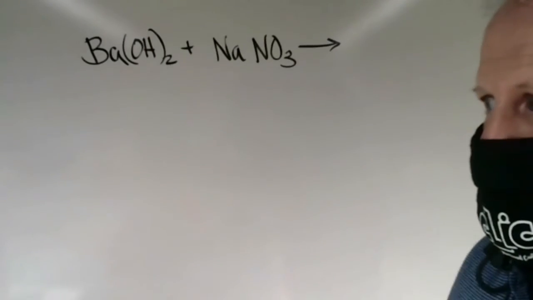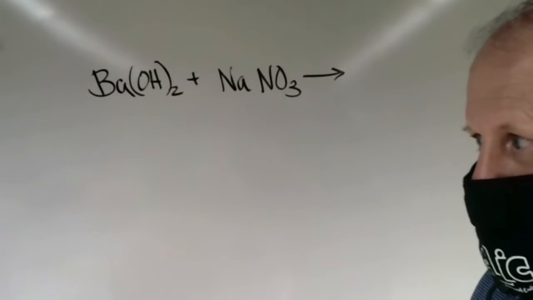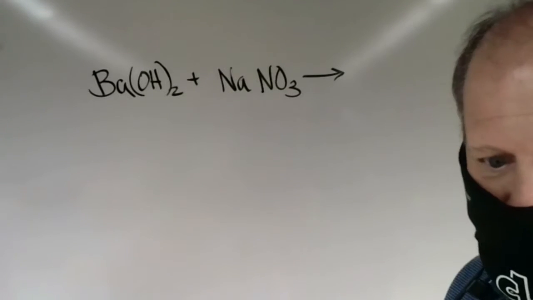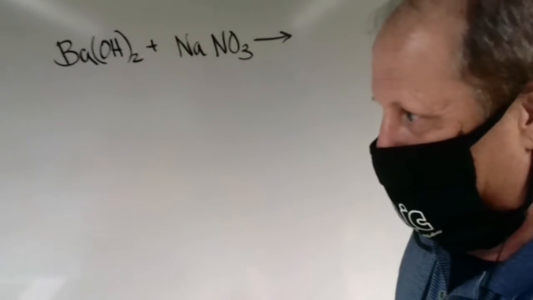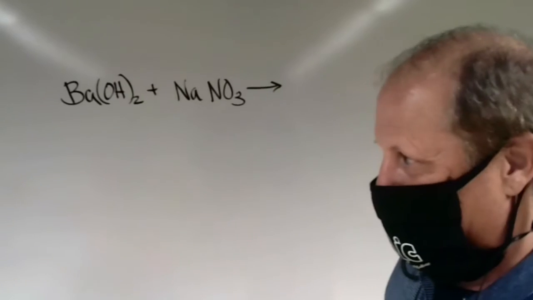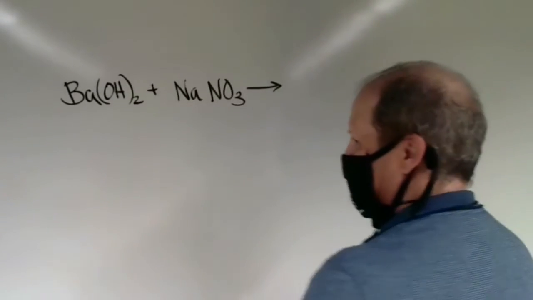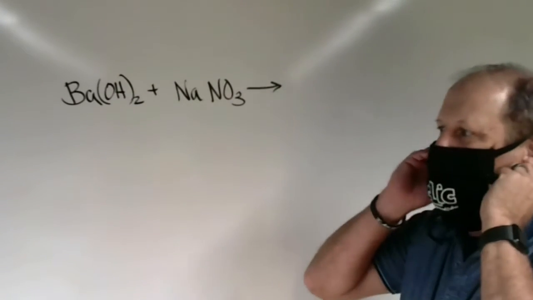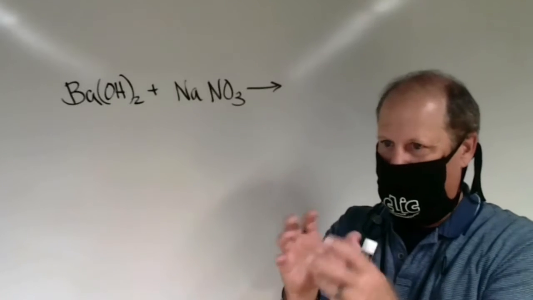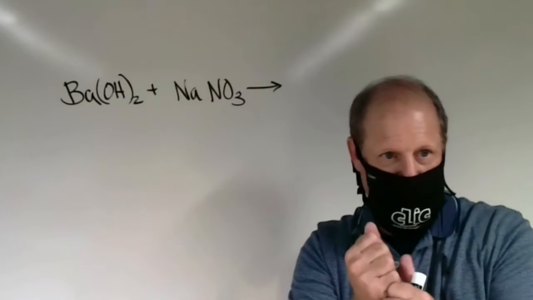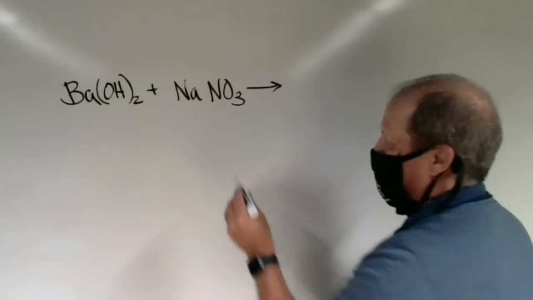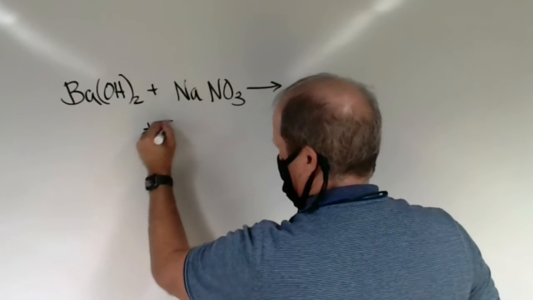Okay, so what we're talking about is the difference between an endothermic and an exothermic reaction. So if I have barium hydroxide and sodium nitrate, and the assumption is that these were the two things that, if you put them together, they got really cold. They're like an ice pack. So what we would actually be doing is saying plus energy,